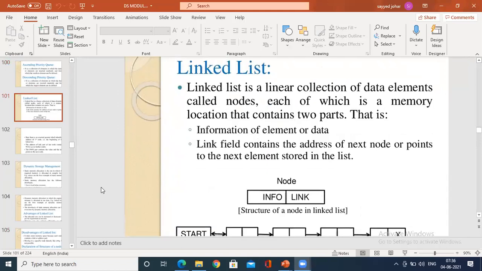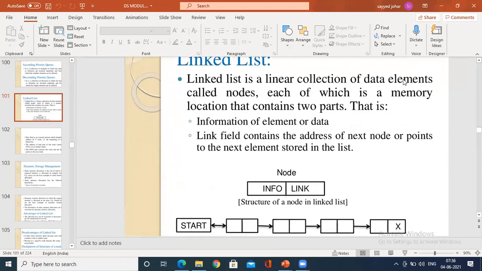Once again I stress, linear collection, linearly arranged collection of data elements called nodes, each of which is a memory location that contains two parts. So the linked list has two parts, whereas an array will have only one part, a of 0, a of 1. The linked list will have two parts.